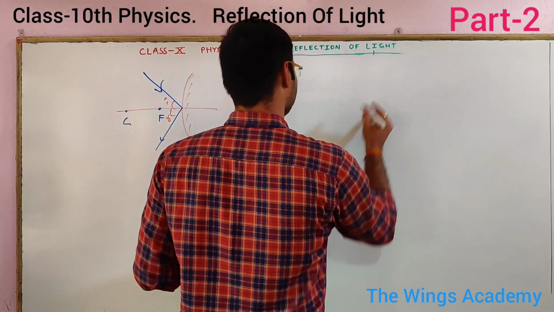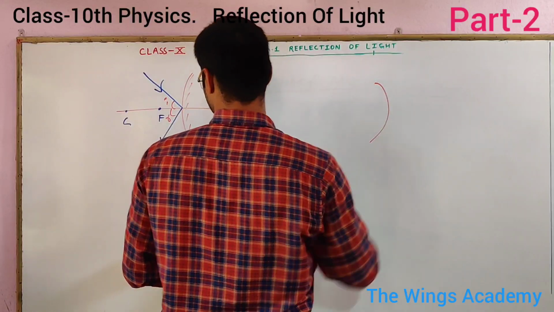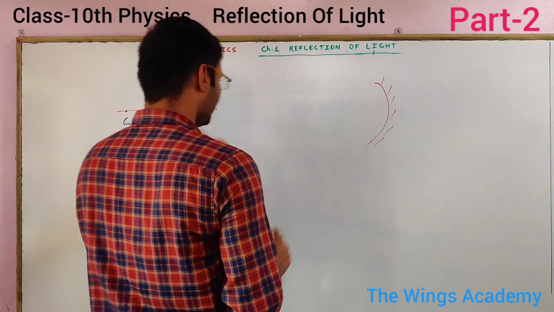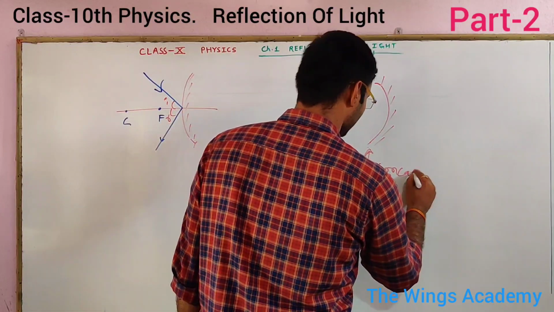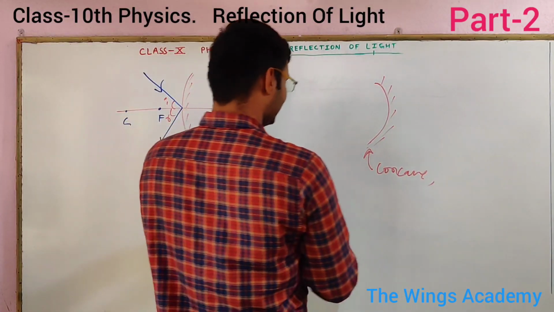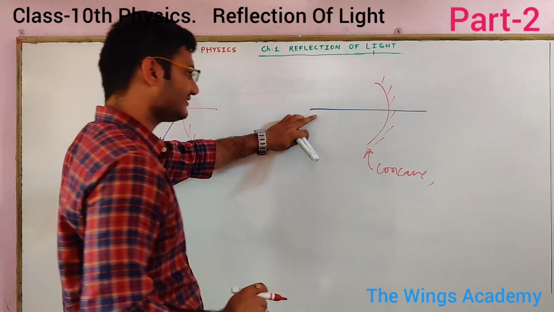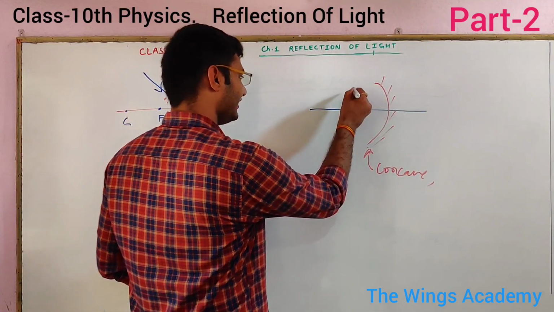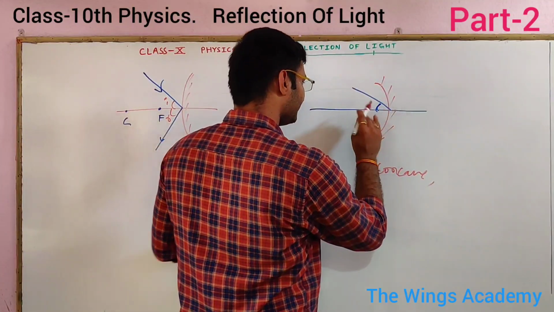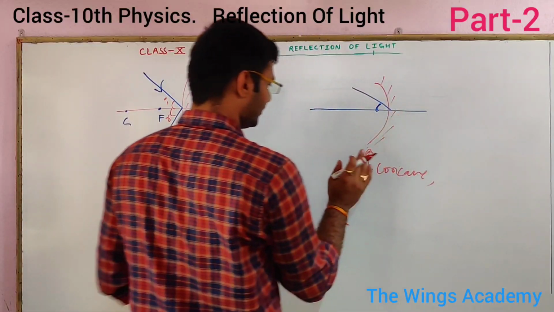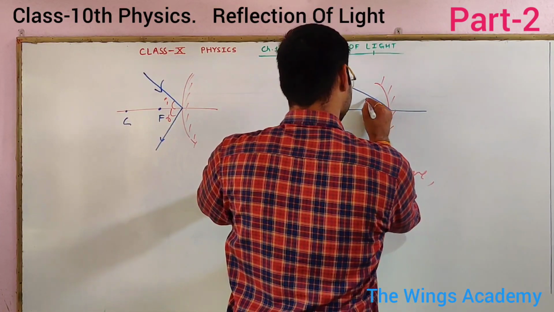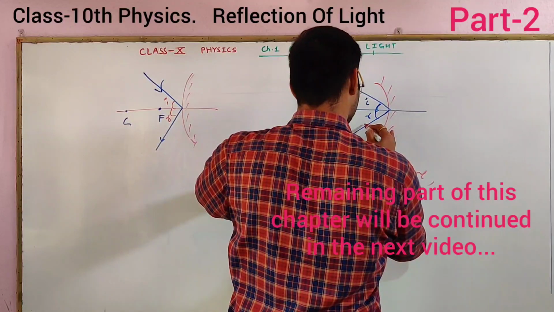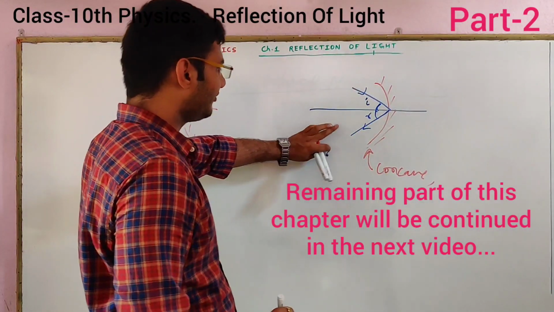And if this is convex, and we draw the same ray on a concave mirror, we find this is the central axis, and since this line or axis is also perpendicular to the concave mirror, if a ray falls on the concave mirror making angle i, the same or equal angle is formed after reflection, since this is the first law of reflection.